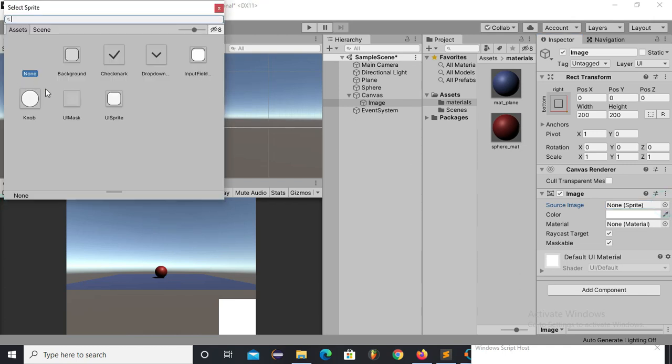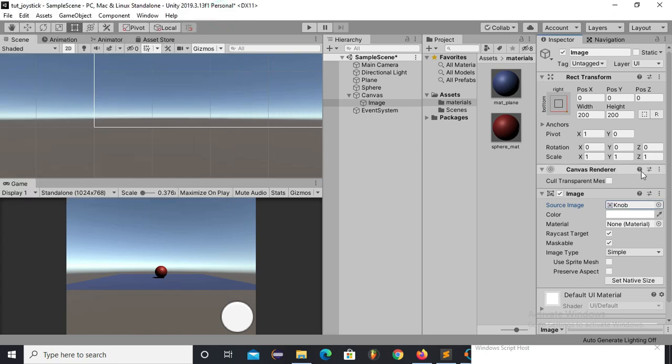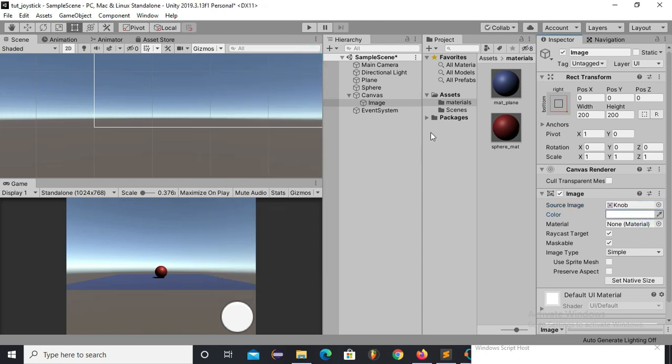I am keeping it as knob. You can import your own image or your own sprite over here, but I'm using the sprites which are provided by Unity, and you can change the color, but I'm not changing it. Now I will rename it back joystick.